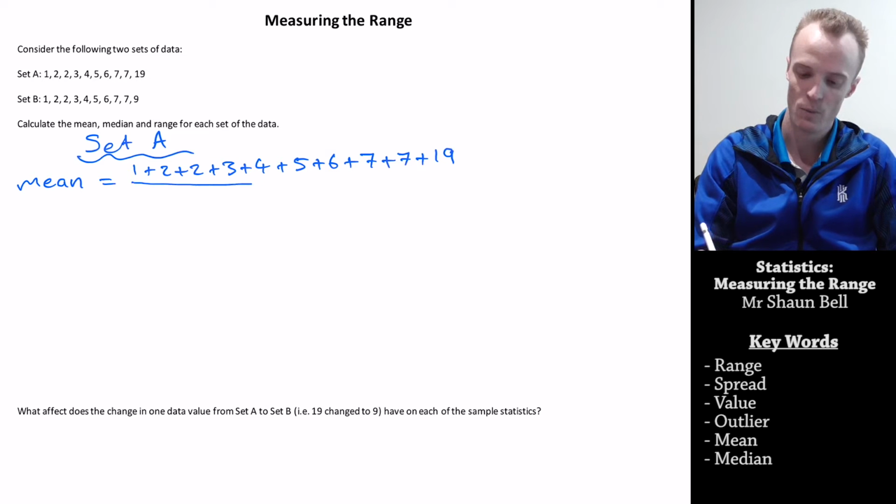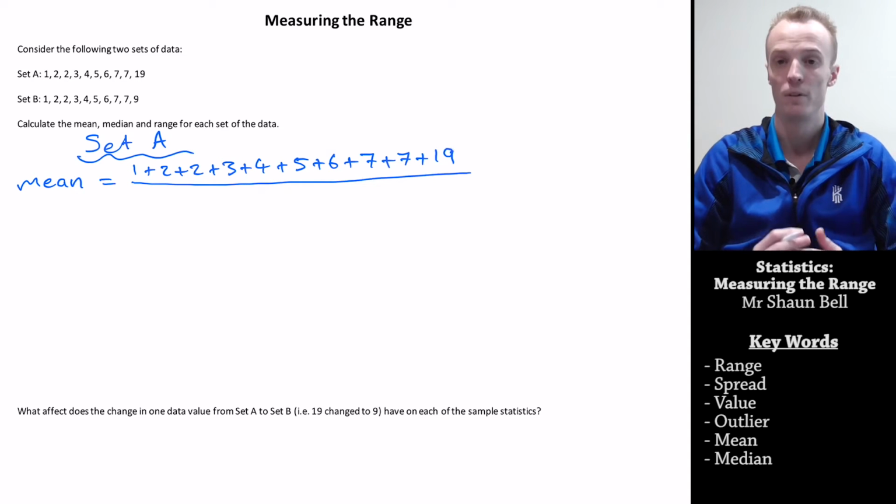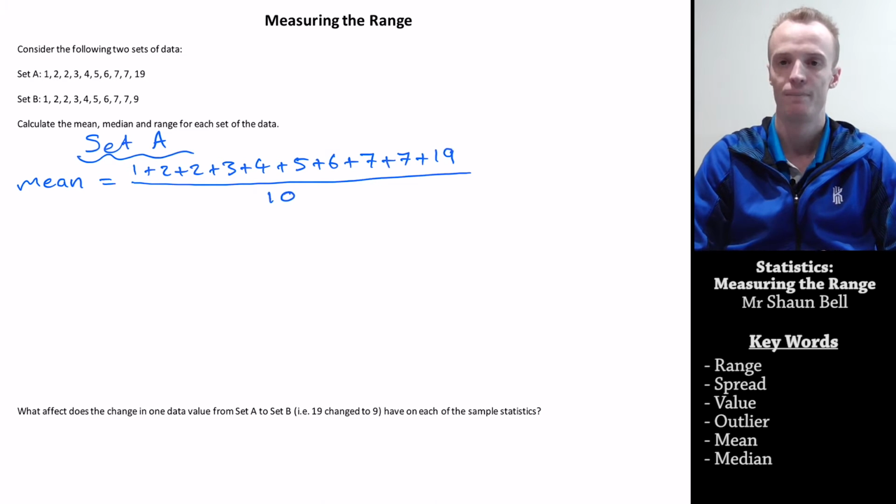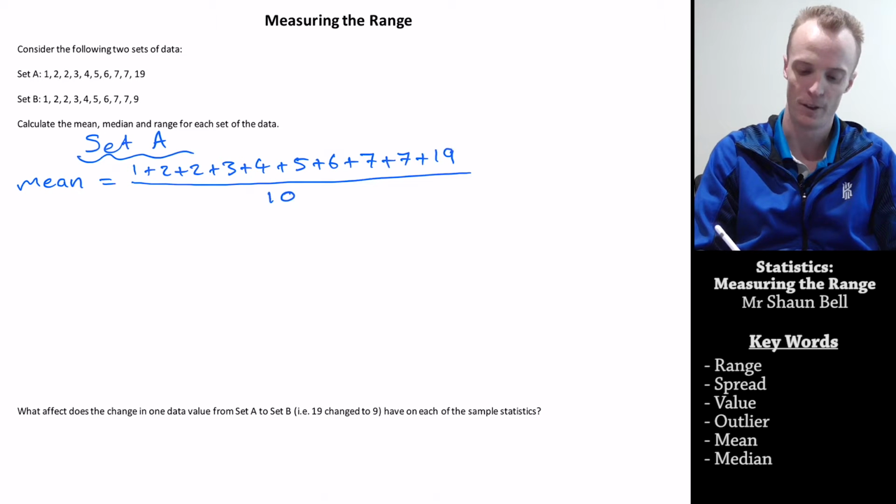And to find the mean, we need to divide by the total number of data values we had, which if we count them, that's 1, 2, 3, 4, 5, 6, 7, 8, 9 and 10. So we need to divide by the 10 data values there are. Now if we simplify the top line, we find that that is equal to 56 divided by 10. Therefore, our mean is going to be equal to